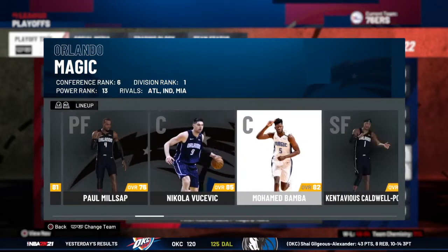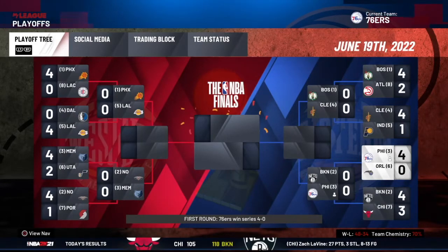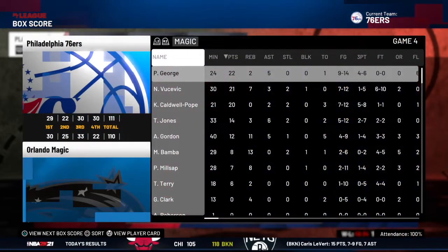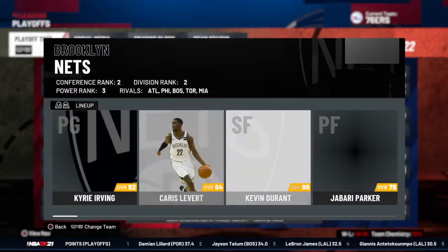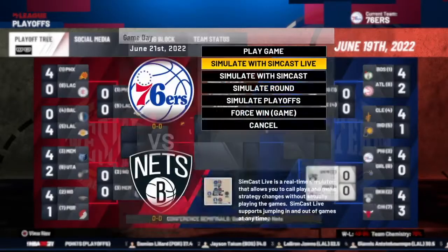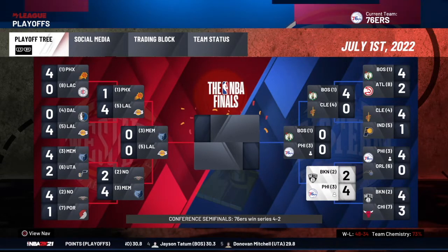First round matchup up against the Magic with Paul George and Paul Millsap, where we actually end up beating them 4-0, moving us in to the second round here, where we're going to be up against the Brooklyn Nets. And it looks like everyone put together a little bit of that win together. So second round here up against KD and the Nets, and boom, we knock them out 4-2, moving us to